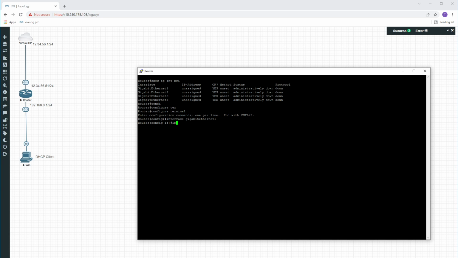Let's type ip address, and guess what? We want to use DHCP client, correct? Remember, this video is about using the DHCP client on the outside interface. That means the ISP has DHCP enabled. They gave us the MAC address or they didn't, it doesn't really matter. The thing is, when our router requests the IP address and sends the DHCP discover messages, the ISP will reply